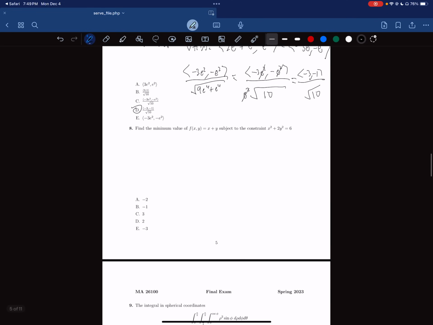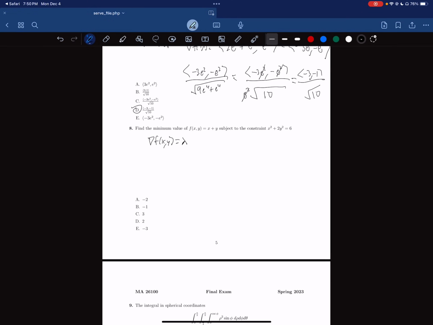All right, number 8, find the minimum value of f(x, y) equals x plus y, subject to the constraint x squared plus 2y squared equals 6. Okay, this is our common Lagrange multiplier problem where we have grad f(x, y) equals some lambda